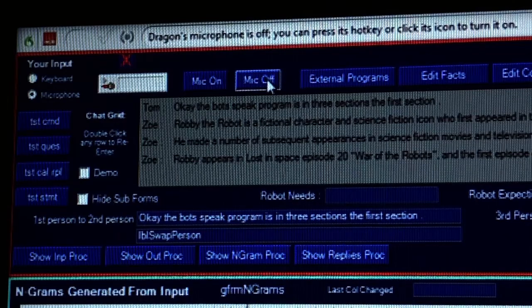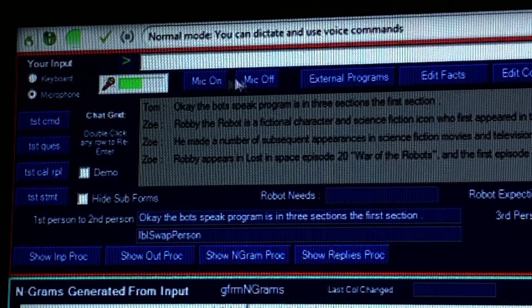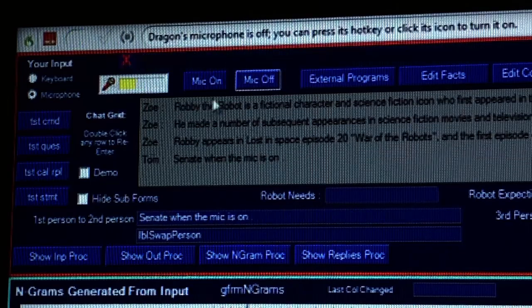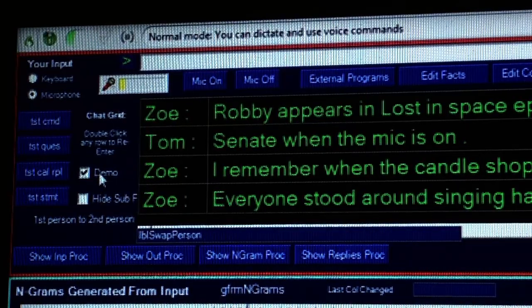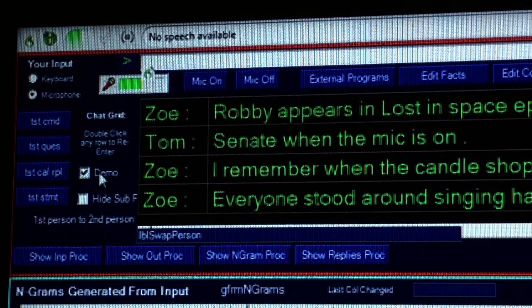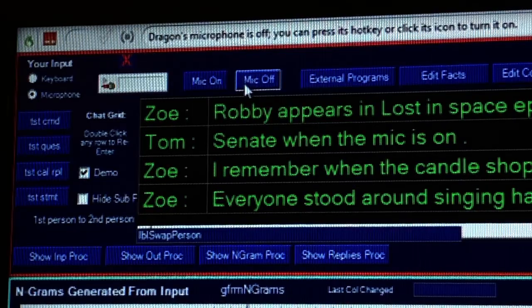Okay, I turned off the microphone. So the first thing is this area up here normally has a text box in it when the mic is on. This section here is a grid. It's a grid that can be put into demo mode, and in demo mode the text is green and it's easier to read for when I shoot videos. Okay, the next section down